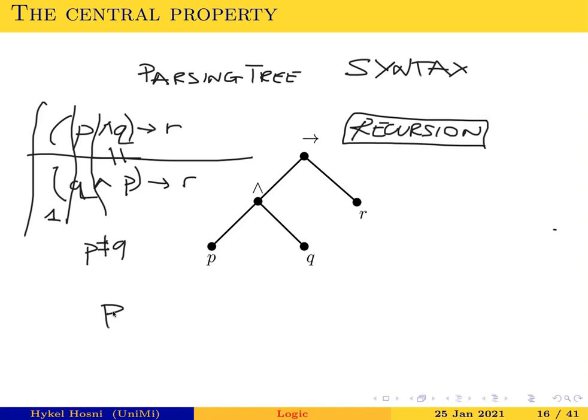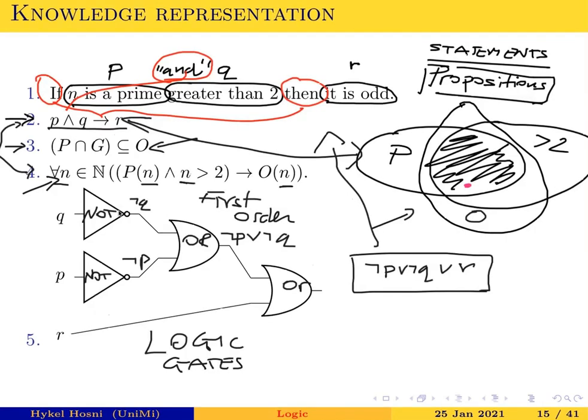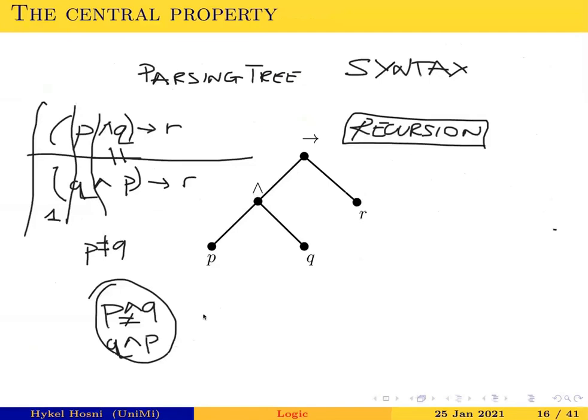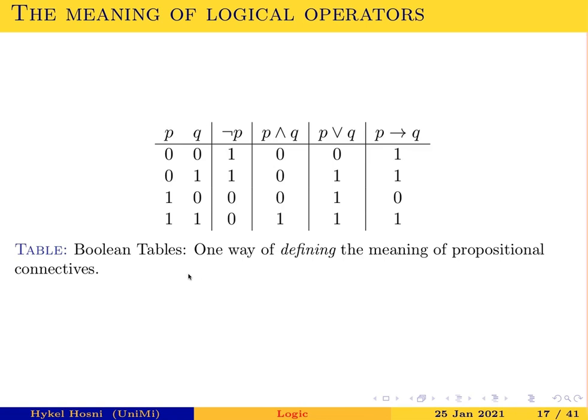So in particular, what you just see is that from the syntactical point of view, P and Q is distinct from Q and P, right? But of course, you have all reasons to believe that as far as information is concerned, they are really saying the same thing, which is absolutely the case in classical logic. But to actually say this, you have to go one step further, exploit the recursive definition of your sentences, and actually give the logical operators, the connectives, a